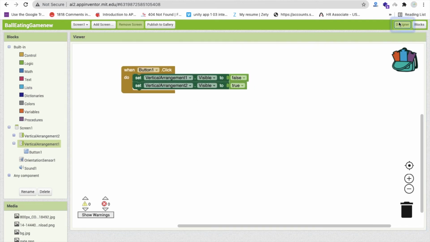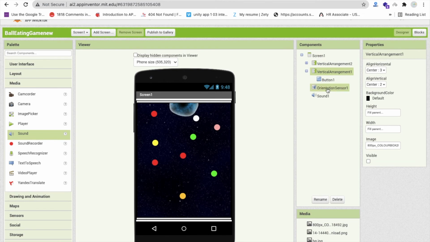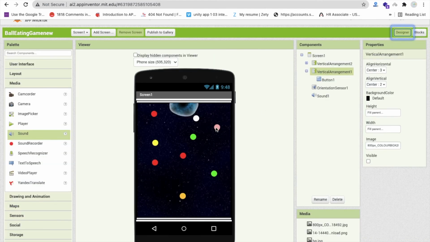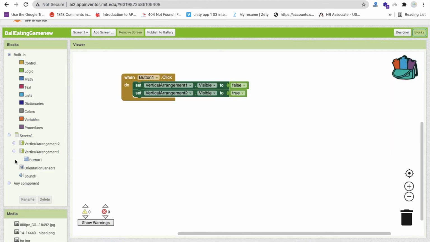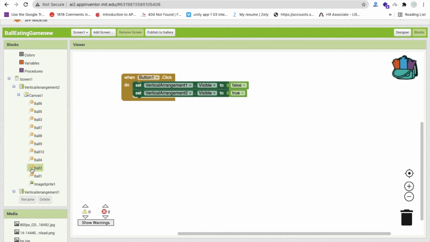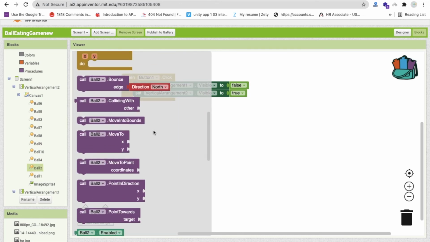Now what we need to do here, we need to add some things. Whenever we click on that button 1, we have to set all these balls' speed, because we have to move all these balls. So how can we do this? Go to the blocks. For that we need to click on that ball option, click on vertical arrangement 2, and we need to set ball 2, and then set that ball speed.